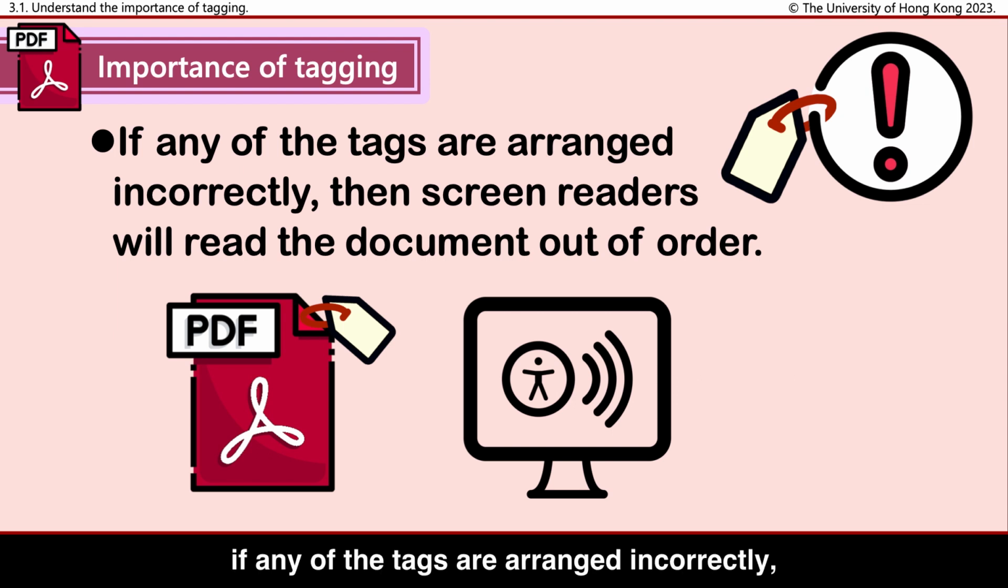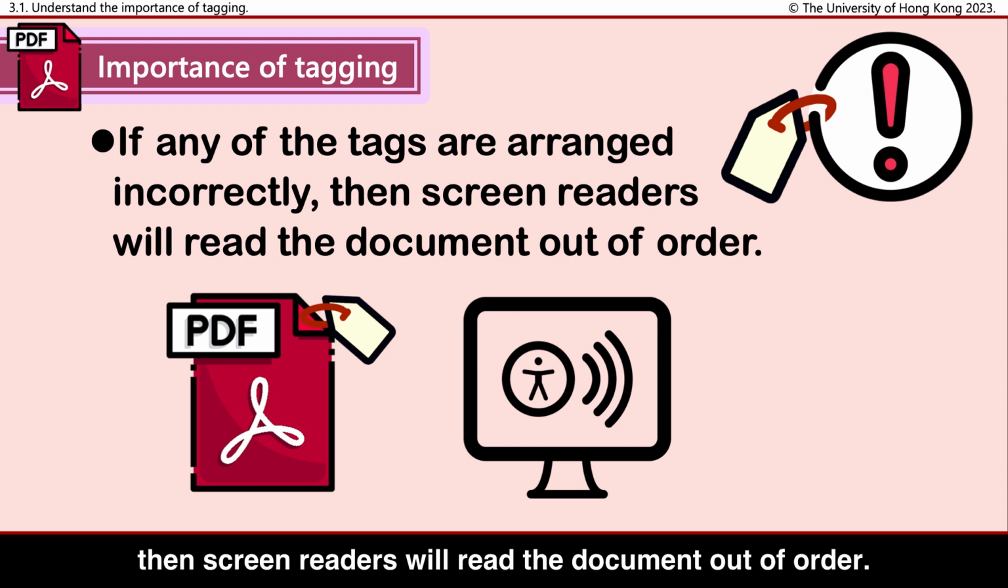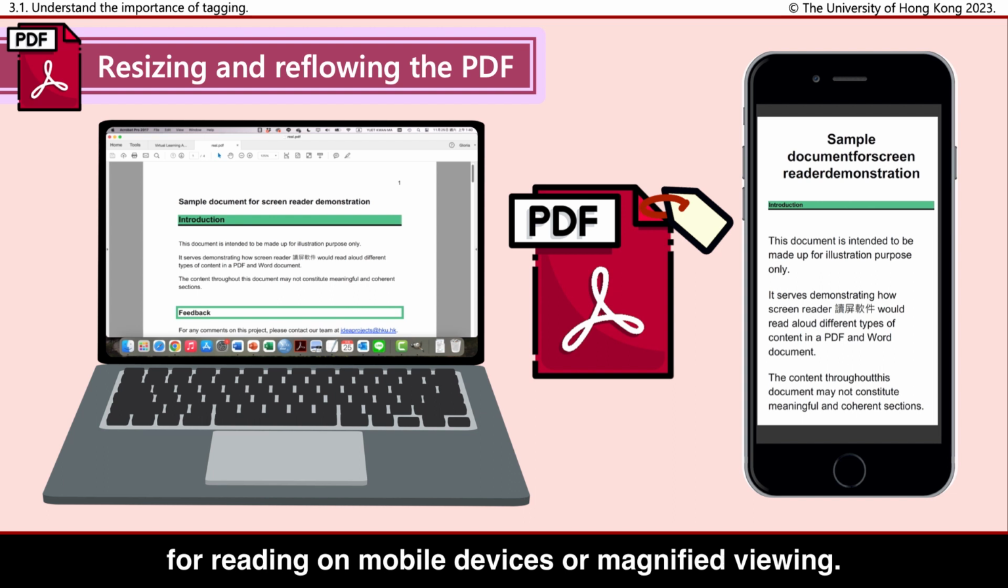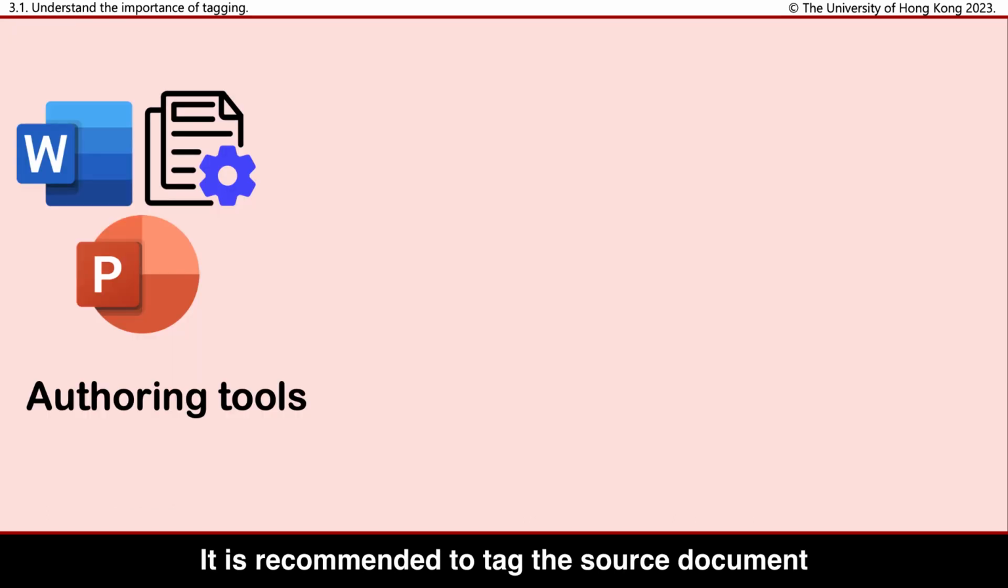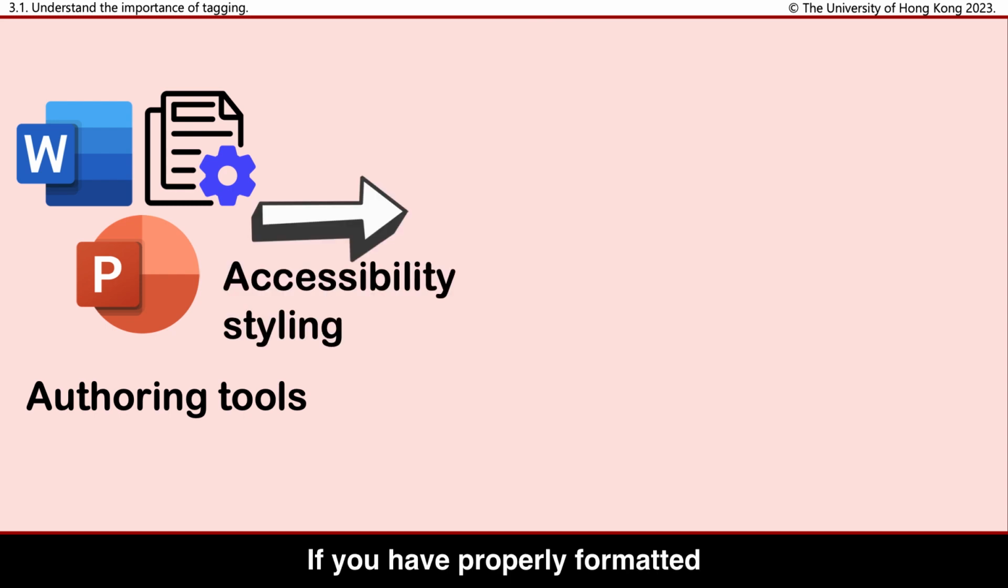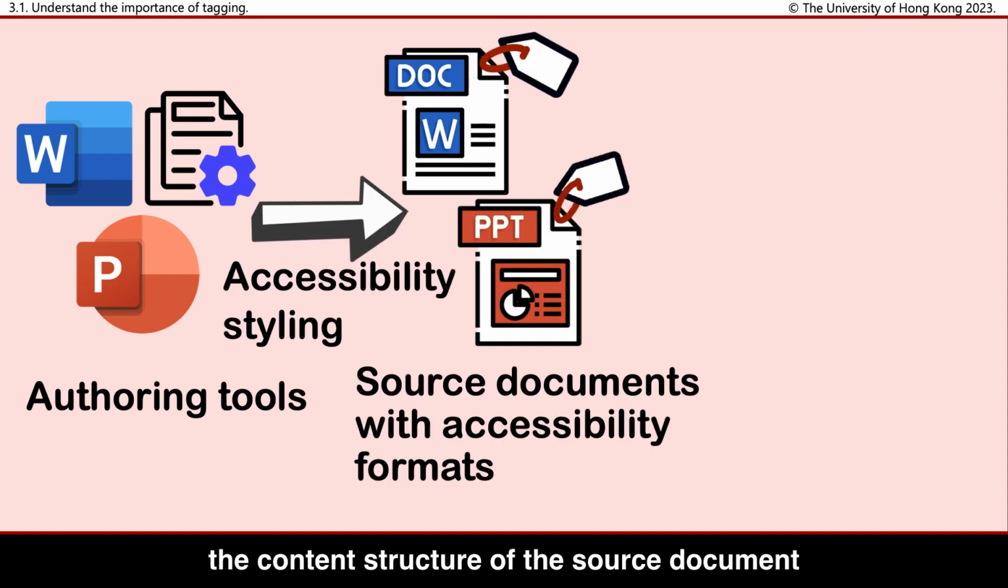This means that, if any of the tags are arranged incorrectly, then screen readers will read the document out of order. Tags are also essential for resizing and reflowing the PDF content, for reading on mobile devices or magnified viewing. It is recommended to tag the source document before converting it into PDF in an authoring tool, such as Microsoft Word or PowerPoint. If you have properly formatted the content structure of the source document when creating it with authoring